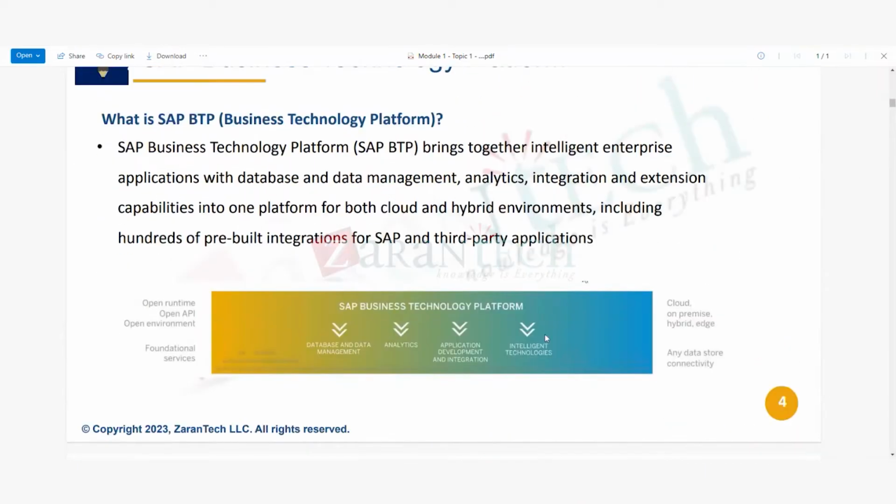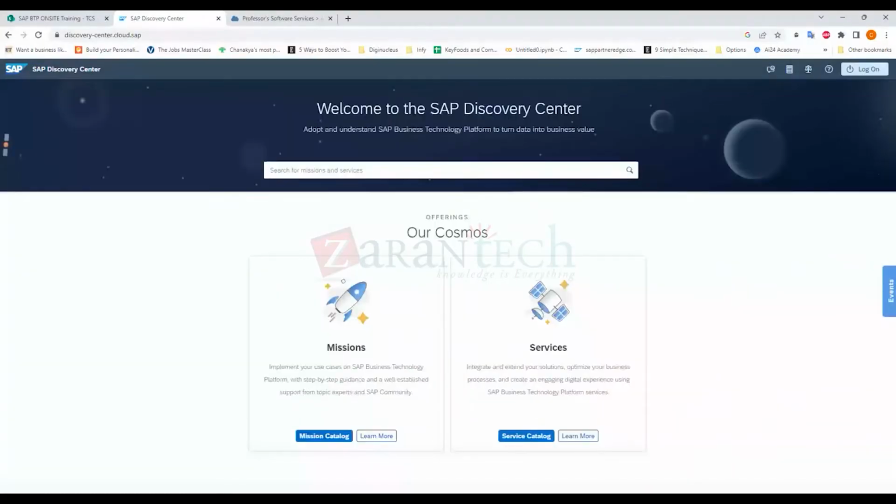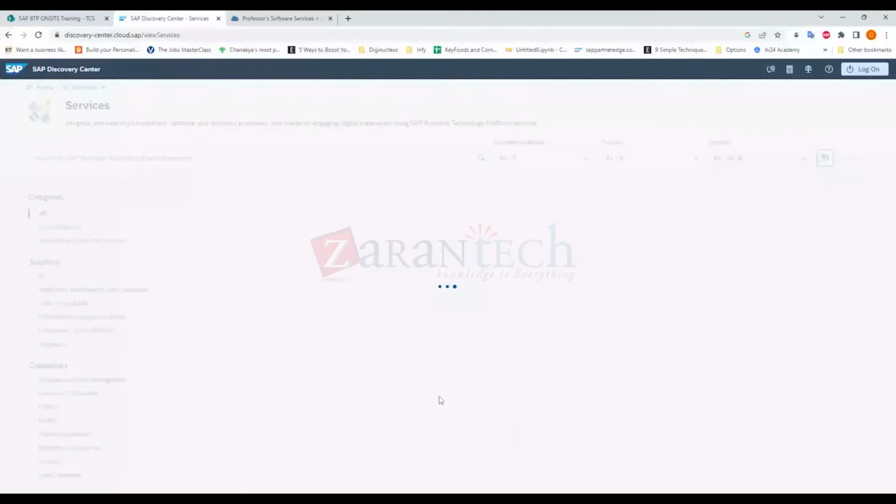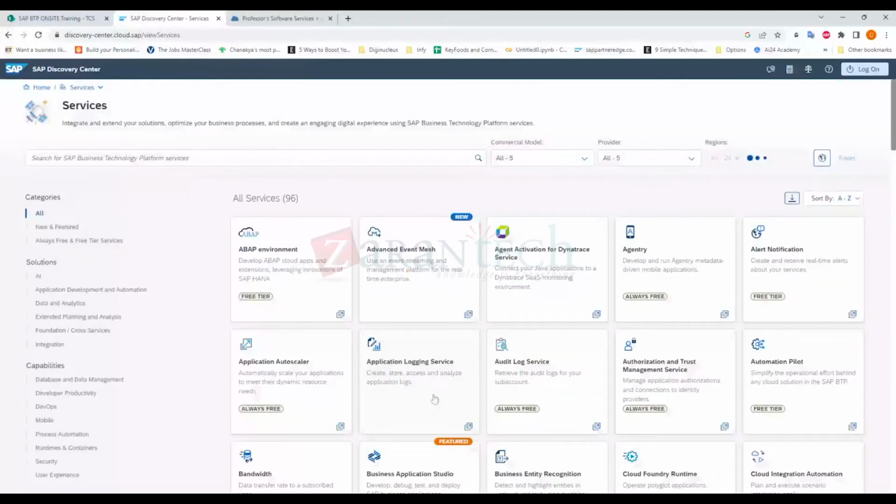So basically what is SAP BTP? SAP BTP is a platform. It comprises all the services. How many services do we have? If you go to here, this is the Discovery Center. If you go to here, 96 services are offered by SAP in BTP. And when you see this portal, this is the SAP Discovery Center. When you click on services, service catalog, there are 96 services which are being offered